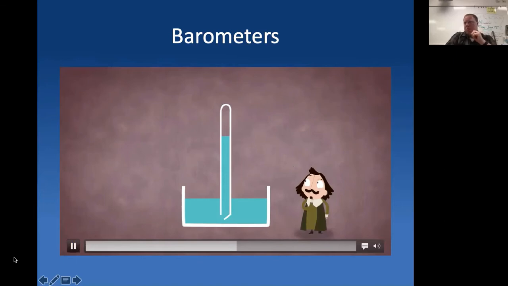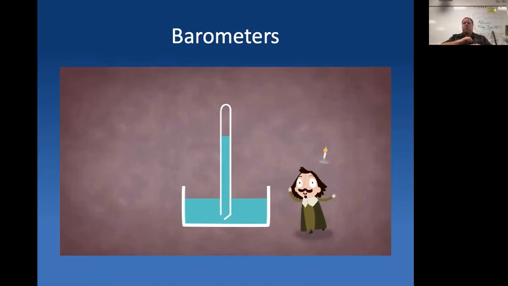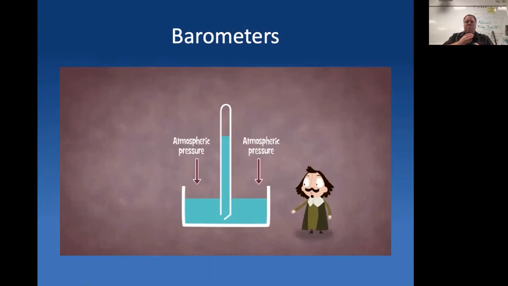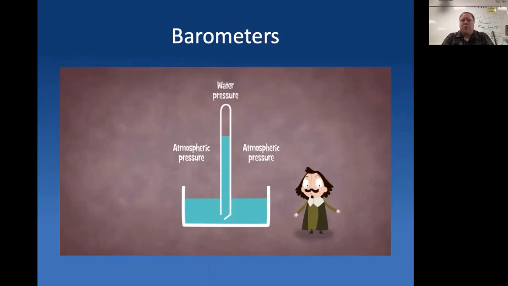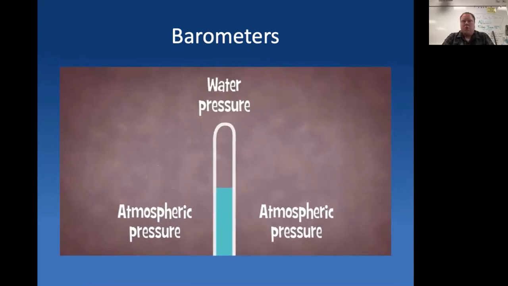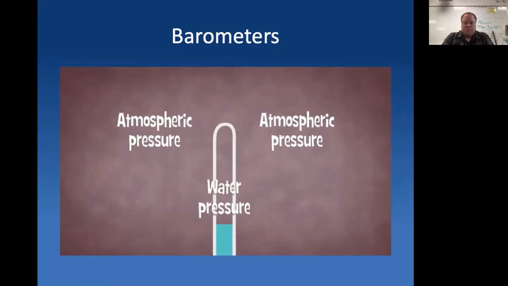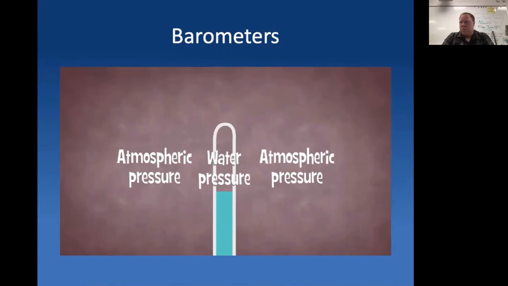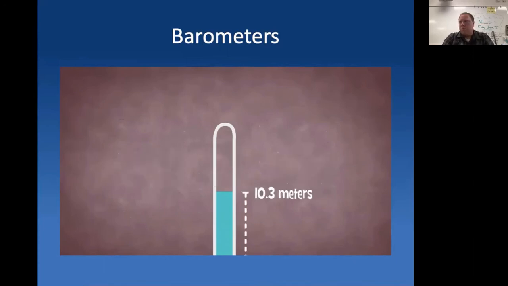Level in the tube from dropping further. He realized that the experiment was not only a tool to create a vacuum, but operated as a balance between the atmospheric pressure on the water outside the tube and the pressure from the water column inside the tube. The water level in the tube decreases until the two pressures are equal, which just happens to be when the water is at 10.3 meters.